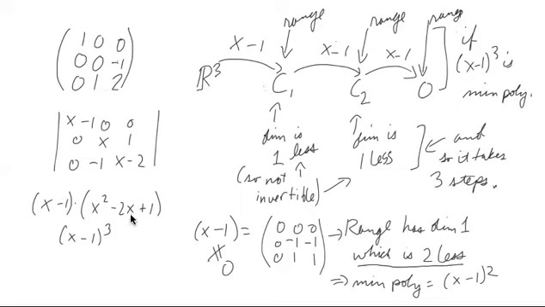Now, that means the minimal polynomial could be anything from x minus 1, x minus 1 squared, or x minus 1 cubed. Now, if it were x minus 1 cubed, look what would happen. The range of x minus 1 has to have dimension less than this, because if it had the same, it'd actually be invertible. And so x minus 1 cubed would be invertible too. That wouldn't work because we know it has to be 0. So it has to go down. And if it went down,